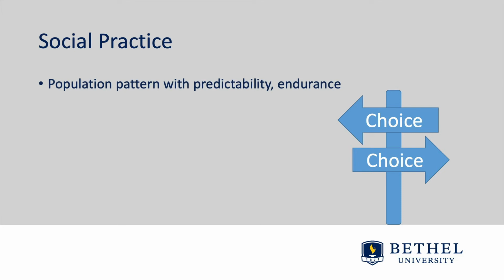Social practice reflects the social norms no matter what the individual choice is. The social norms in populations are predictable and endure over time. The status quo is the norm and is difficult to change as people are comfortable with what they are used to. One example of a social practice or mass phenomenon is the amount of alcohol sold at the Twins games. Based on the number of individuals in attendance, they can predict with great accuracy the amount of alcohol that will be sold at a game.